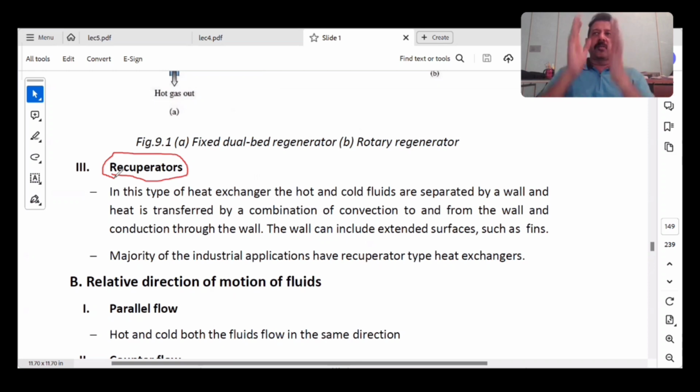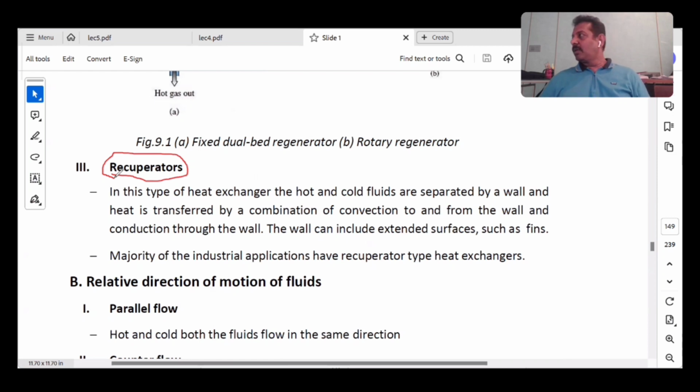ஸோ அதுக்கு மேல playing cards இருக்குல்ல, playing cards-ஐ you arrange it like this. ஒரு card here, இன்னொரு card here, ஒரு card-க்கும் இன்னொரு card-க்கும் நடுவில் you leave some gap. So ஒரு இதுல hot fluid போகும், இன்னொரு இதுல cold fluid போகும். So these two are separated by one playing card. அதே மாதிரி alternative-ஆ. So இங்க hot, இங்க cold, அப்புறம் திருப்பி இங்க hot, இங்க cold. So that I'll call it a plate and frame heat exchanger.